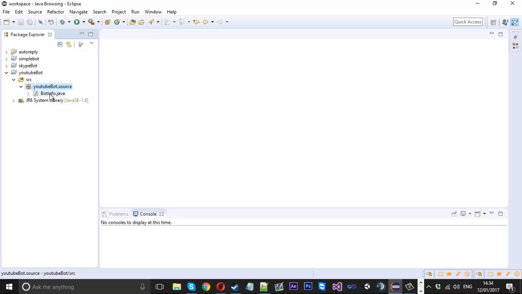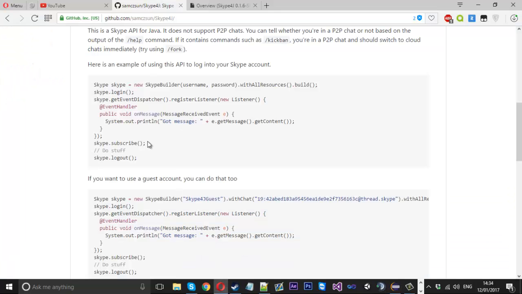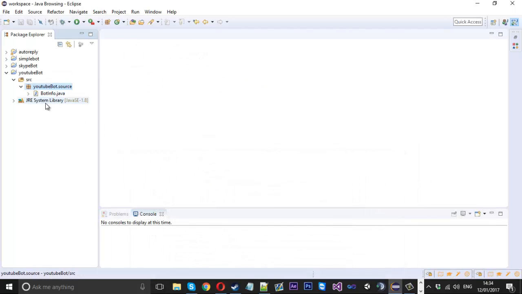The reason I've done this is because that contains my username and password for my bot account, and this API does use your username and password. So if that sort of turns you off a little bit, don't let it worry you, because the information doesn't get sent anywhere. You can go check the source if you like to see how everything does. So it's safe, I can assure you. I just put it in this file just because I didn't want to show it on camera, obviously, but you don't need to do it like this. So once you've done that